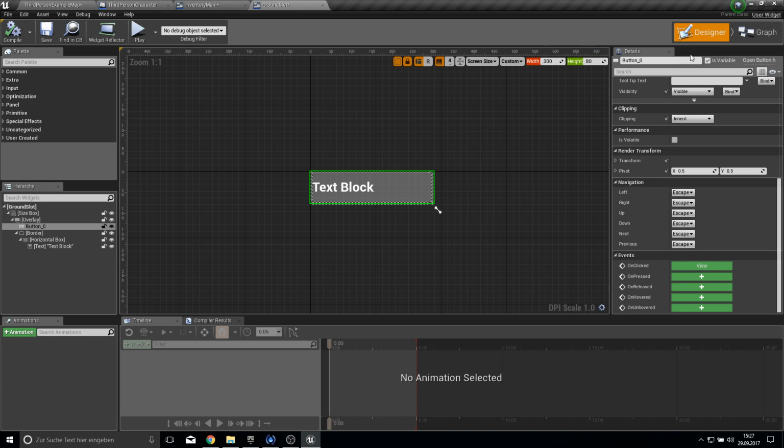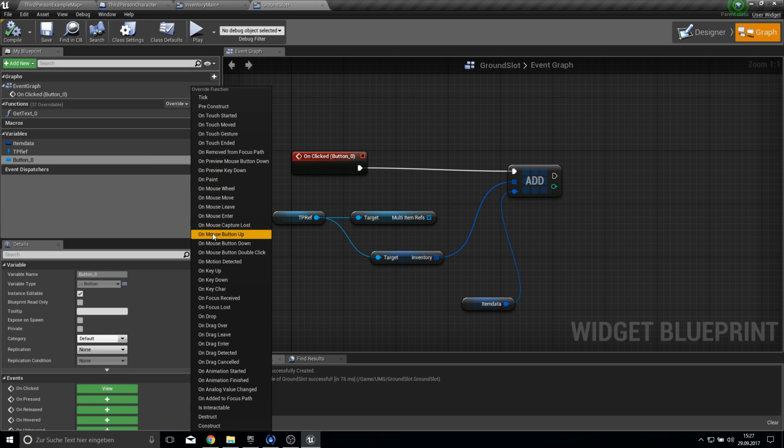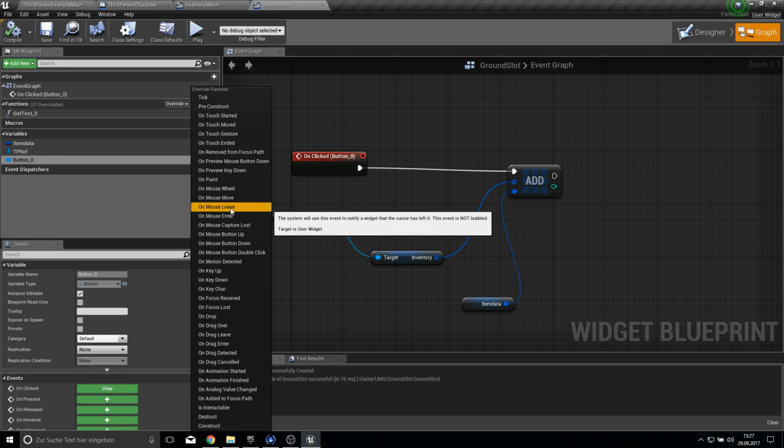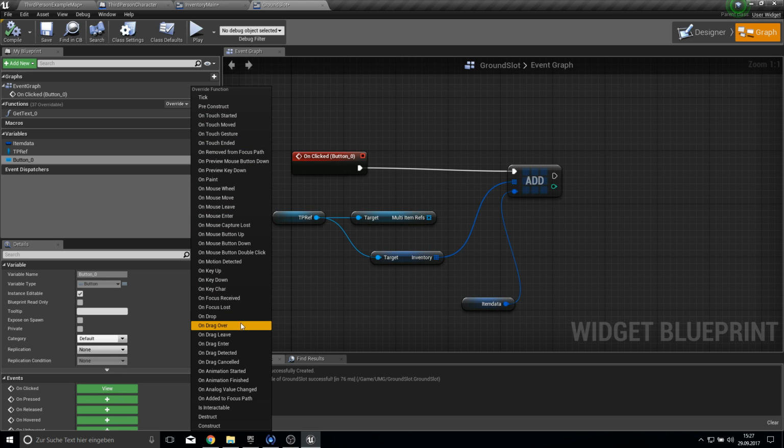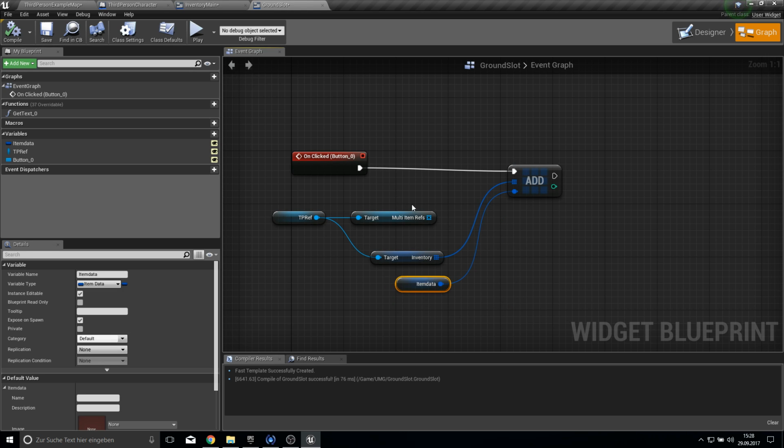Yeah, that's not good, I think. Let's see if we have some on mouse enter, but I think there's no double click. So I need to check how I can double click it and make it in the next video, but for now we will just on click do some stuff here. And the first thing that we also do is